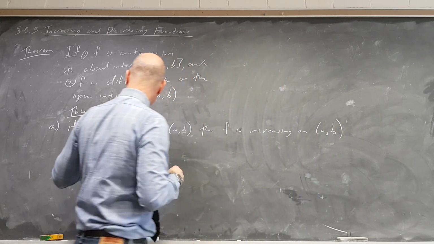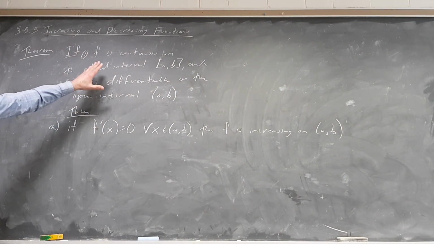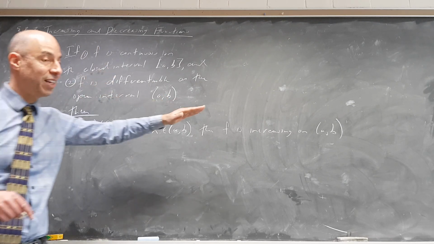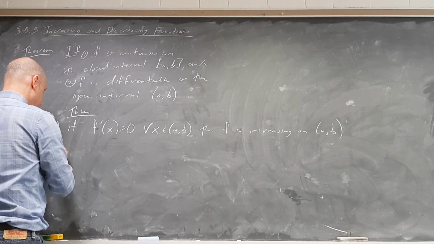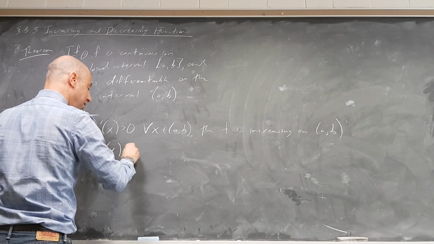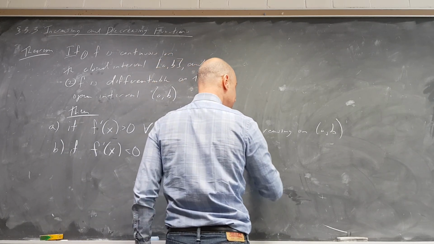That doesn't mean derivative is part of the definition of increasing, but if it so happens that the function is differentiable and continuous, then this implies that it's increasing on that interval. If f prime of x is less than 0 for all x in (a, b), then f is decreasing